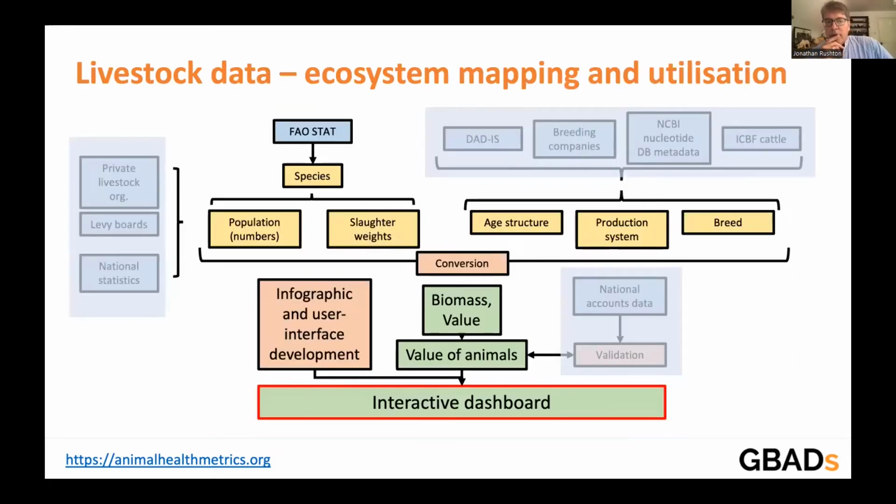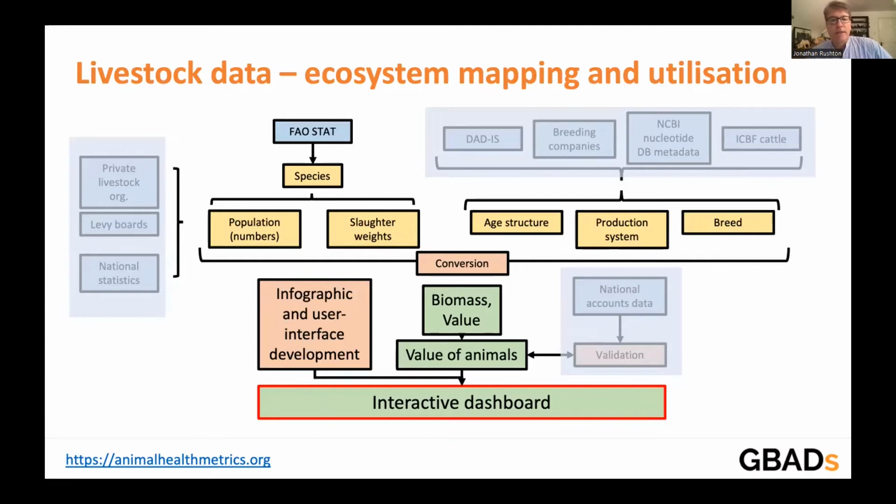So what are we doing in that space in terms of moving that forward with regards to livestock data? Well, obviously the obvious thing is to start with FAOSTAT data. That's publicly available, it's easily accessible. We're starting to think more carefully about how we draw that together. But we're also in discussion with private sector companies who hold better data than that and can provide finer